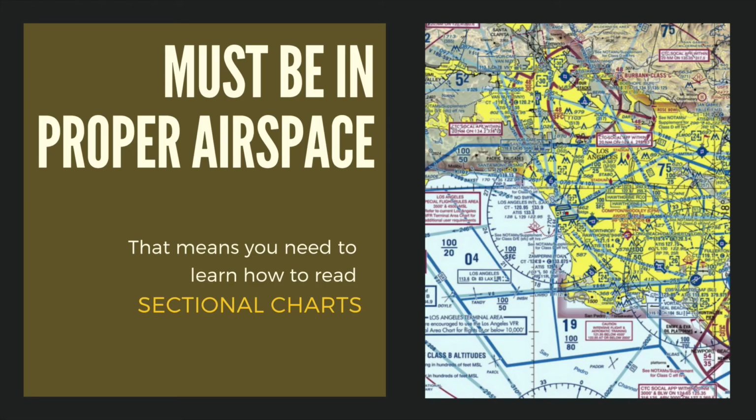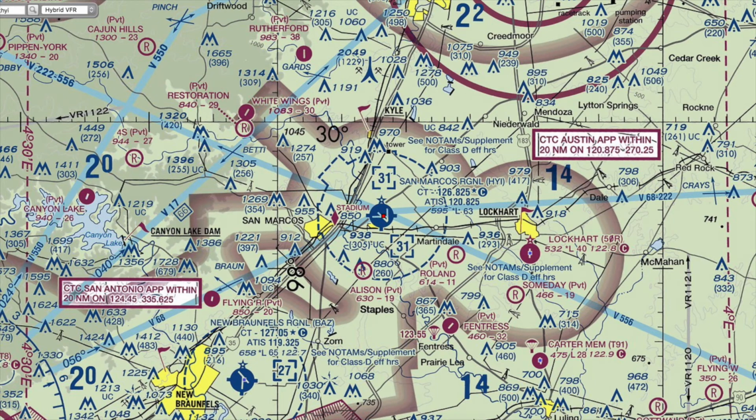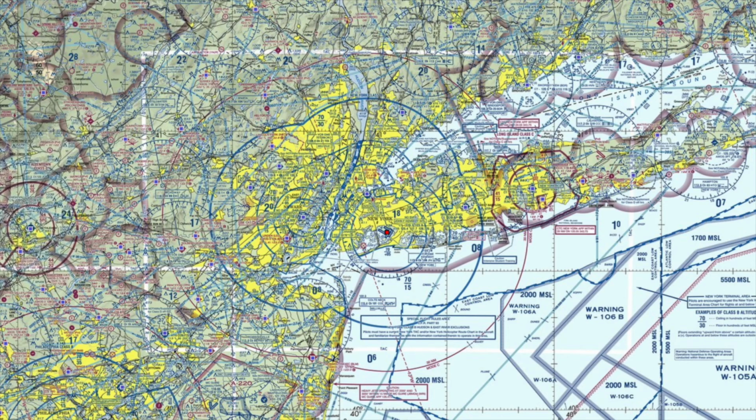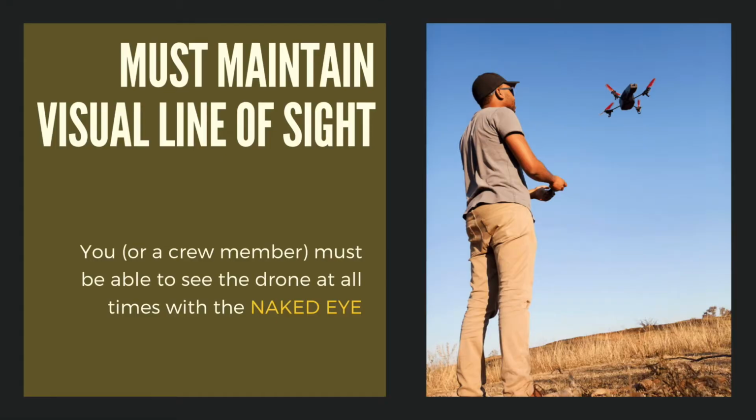The first one is that you must be in proper airspace when you're flying a drone. That means you need to learn how to read these maps, which look incredibly intimidating. But once you learn what all the symbols mean, they actually become really fun to read. I'm that dork who actually sits around and looks at sectional charts from time to time. So, for example, here's San Marcos and our little airport. You can see that's not too bad. But then you look at New York City, and the maps become really, really difficult to read. So you learn what the majority of these symbols mean when you're actually studying for Part 107.